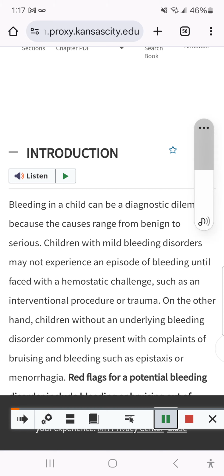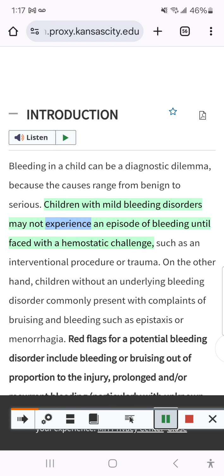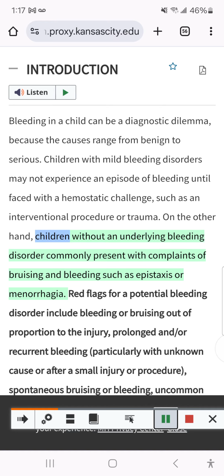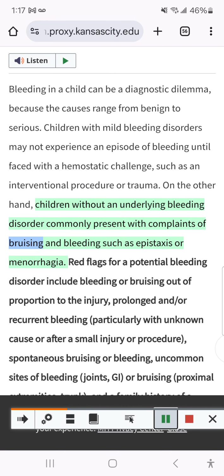Introduction. Bleeding in a child can be a diagnostic dilemma because the causes range from benign to serious. Children with mild bleeding disorders may not experience an episode of bleeding until faced with a hemostatic challenge, such as an interventional procedure or trauma. On the other hand, children without an underlying bleeding disorder commonly present with complaints of bruising and bleeding such as